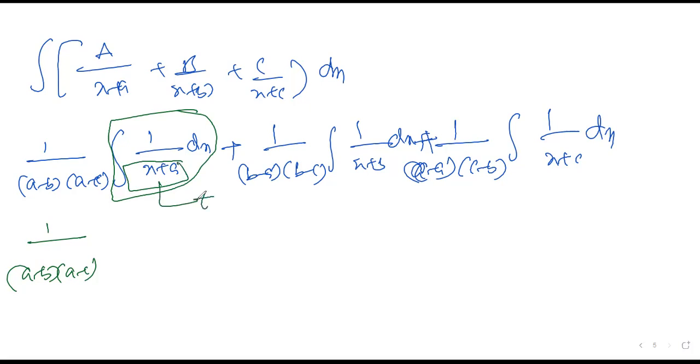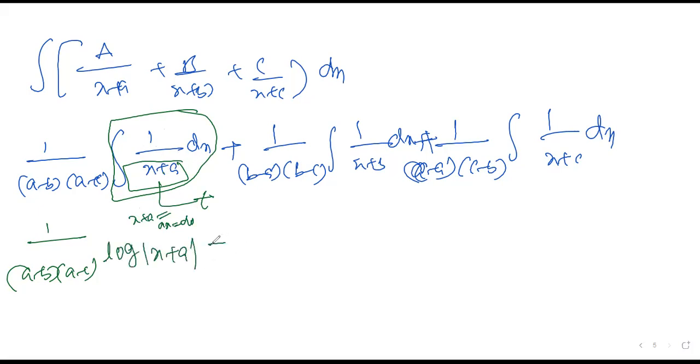Just take it as t. So dx is equal to dt, since a is a constant. dx plus 0 is equal to dt. Here you can take it out. x plus a is equal to t. dx is equal to dt. Integral of dt by t is log t. So I'm writing log of x plus a.